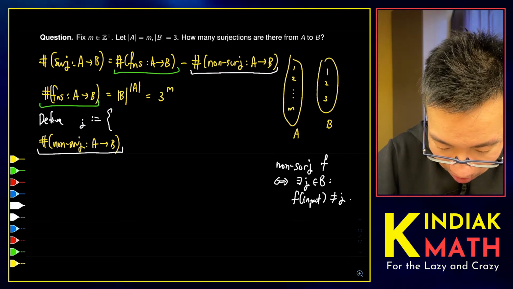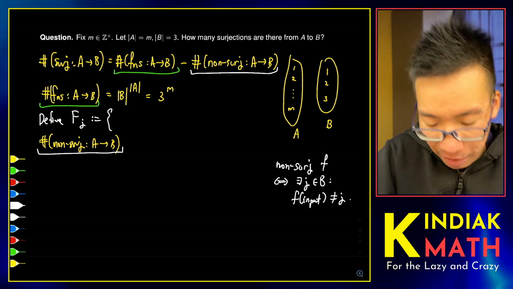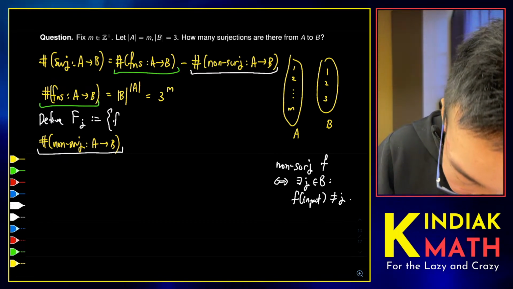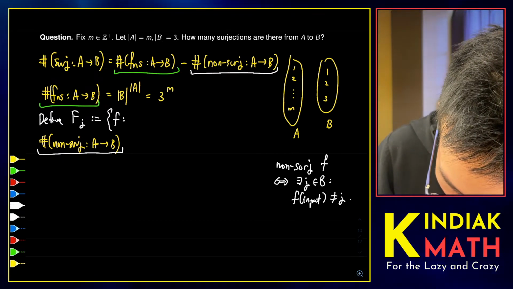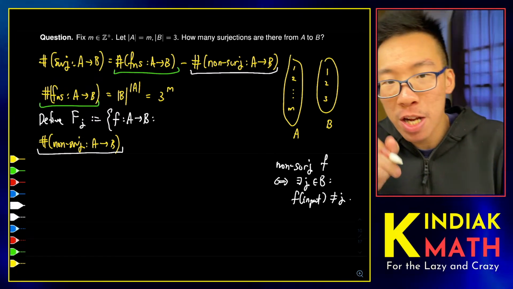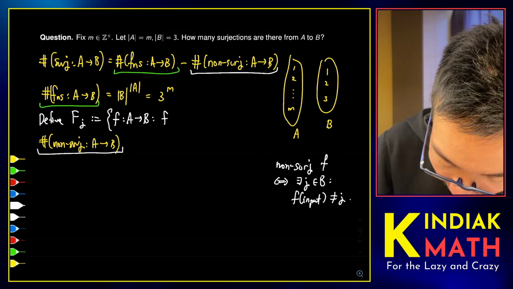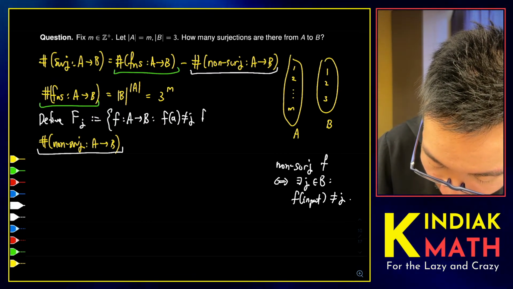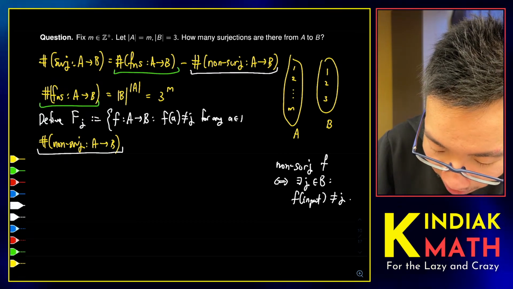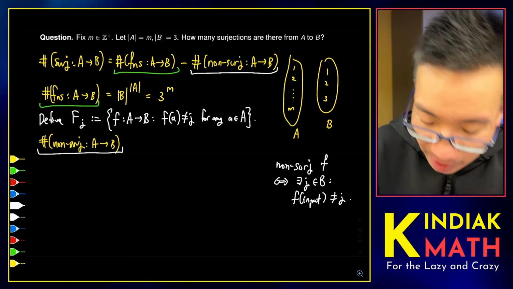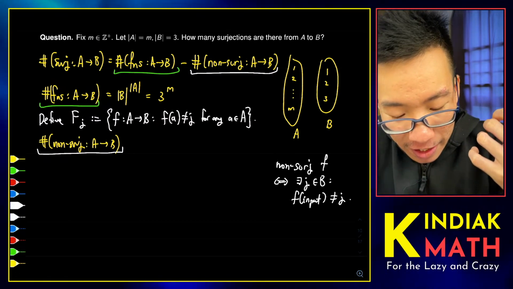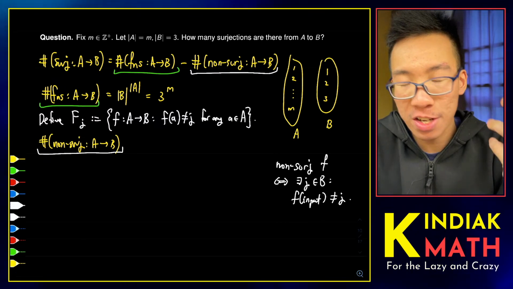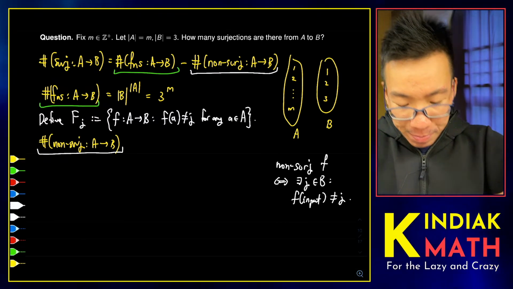Let's just call it capital Fj. Okay, so let capital Fj be the collection of functions from A to B with the special property that f of a is not equal to j for any a in A. That's the question, right? So if we define Fj to be all the functions such that you cannot hit j,